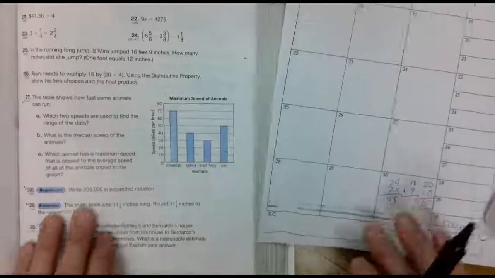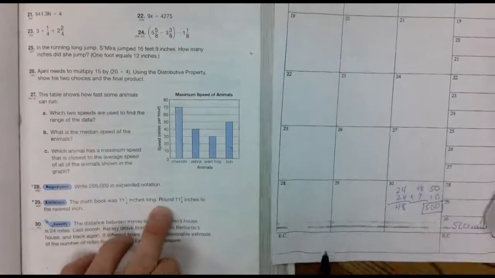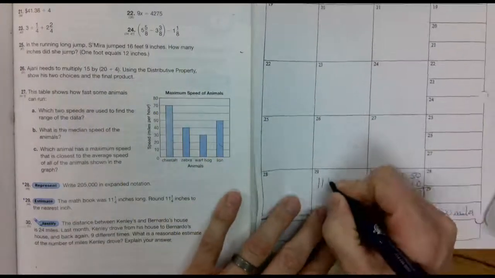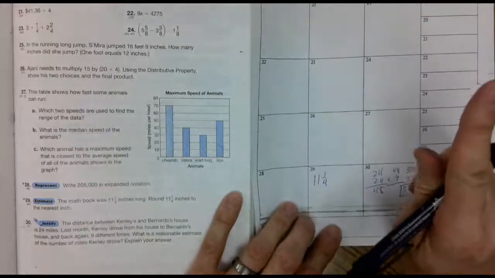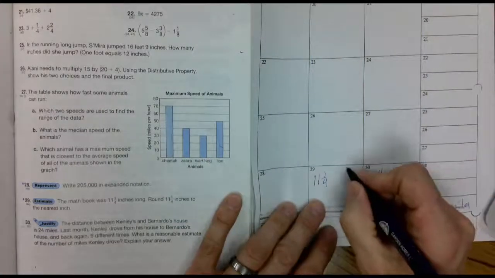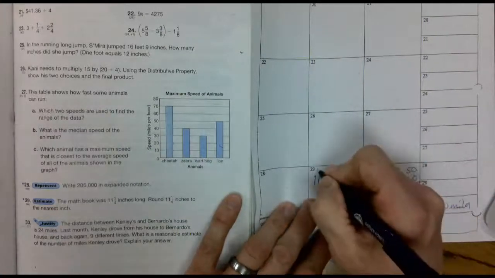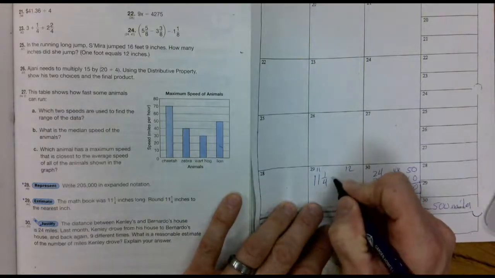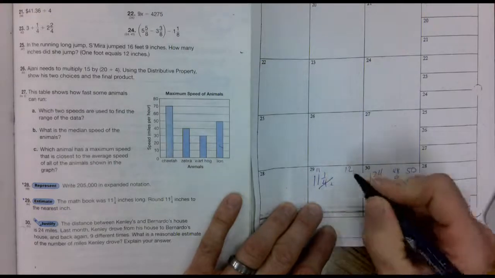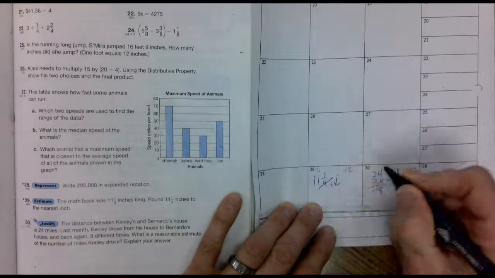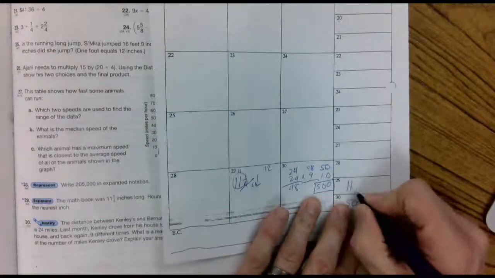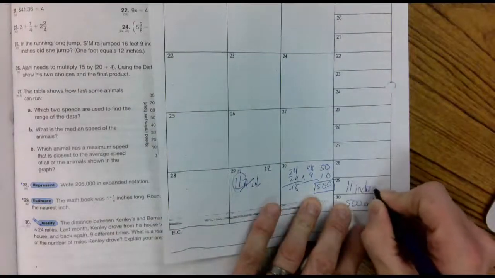Okay? Number 29, the math book was 11 1/4 inches long. Round 11 1/4 to the nearest inch. What we're really asking is, is 1/4 bigger or less than a half? If it's bigger, we'll round up to 12. If it's less than a half, we'll stay at 11. So go ahead and cut the denominator in half, and you get a 2. Is 2 more or less? Less. So we're going to stay at 11. 11 what? 11